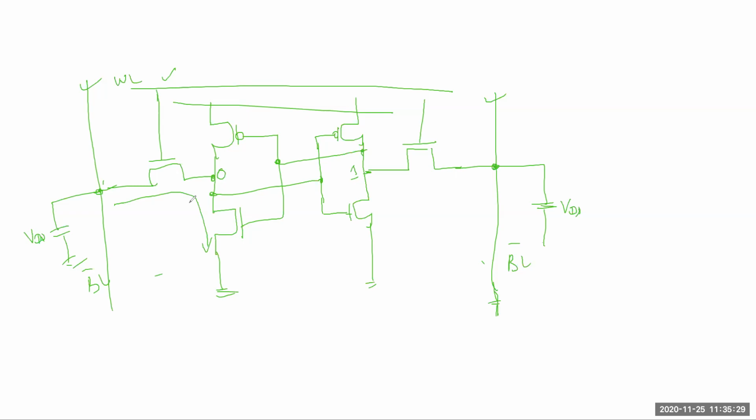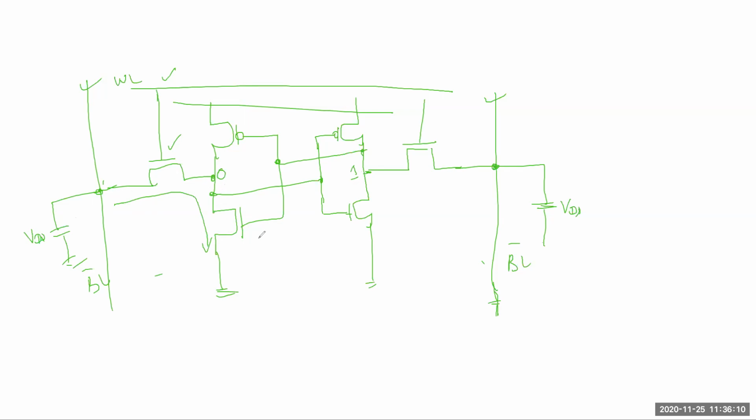Actually, to preserve that value and not destroy it, we are doing the transistor sizing. Suppose I have not done the sizing properly. Once the power is on, this value will be preserved. This is 0 means it will be 0, and this is 1 means it will be 1. But when we are reading, this is on and this value is VDD and this value is VDD, there is a chance of destroying data.